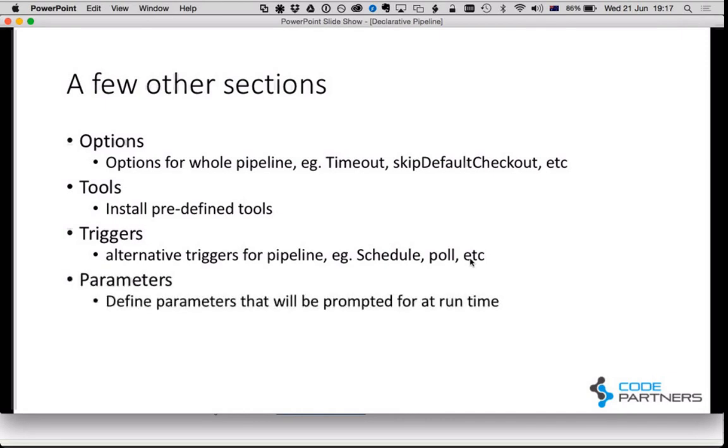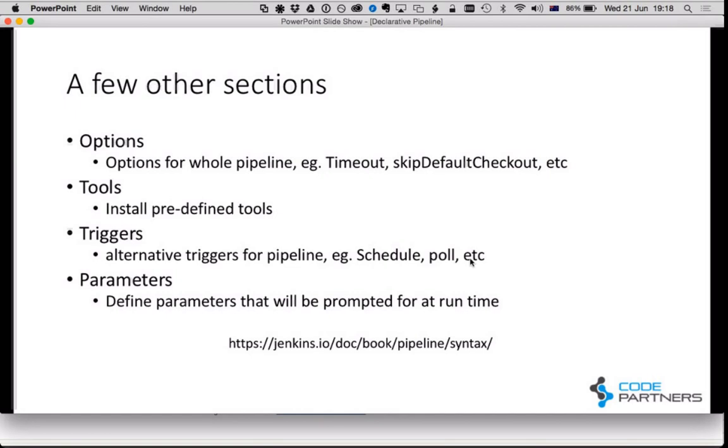And then there's also a parameters section where you can define parameters. This kind of infers that it's a pipeline that's triggered by a person, because at the start of the pipeline it will prompt for values for these parameters. So someone can type in, yes, I'm doing a pipeline for, you know, this operating system, or whatever value I want to type in, and then have that substituted in and available for your steps. Okay. So these are there. I put in a link here so you can get more details on those. Okay. But I think I've probably rabbited on and bored you enough with slides for a while,